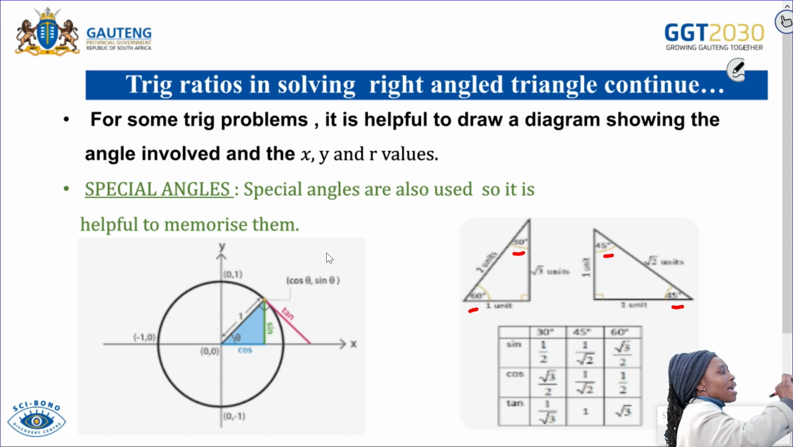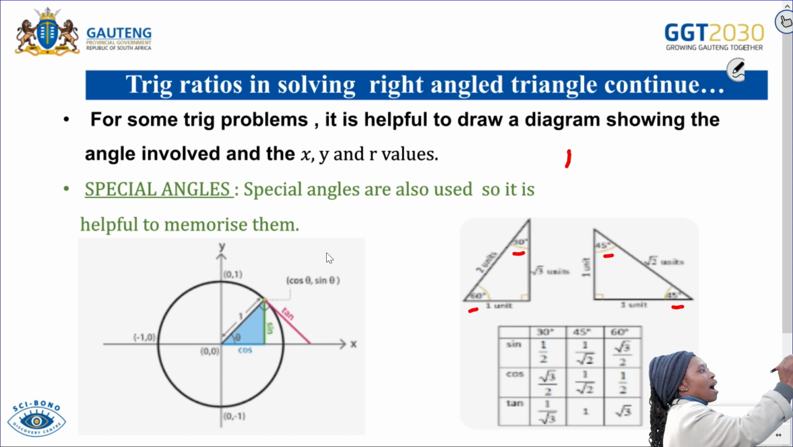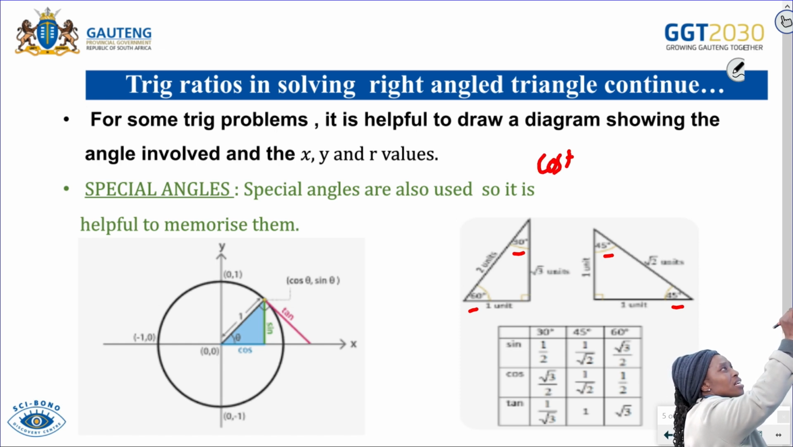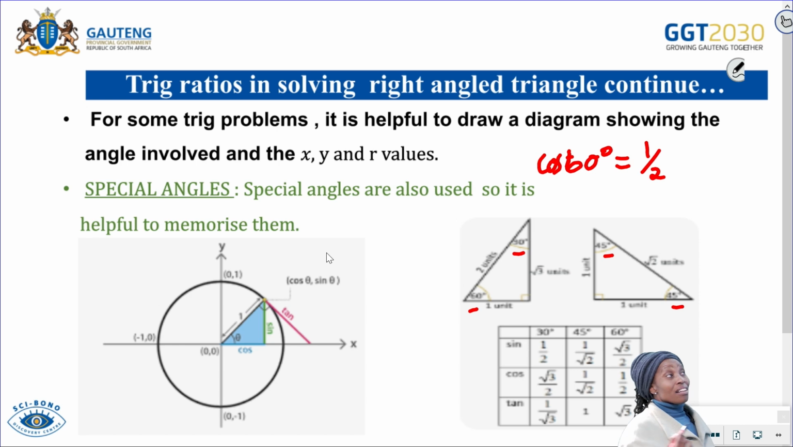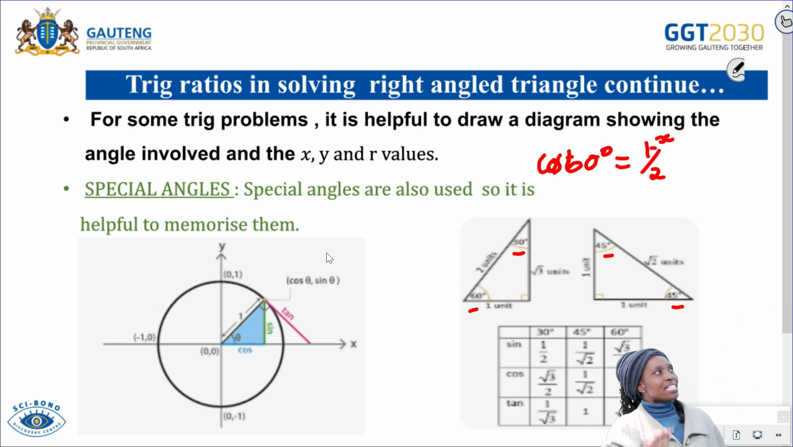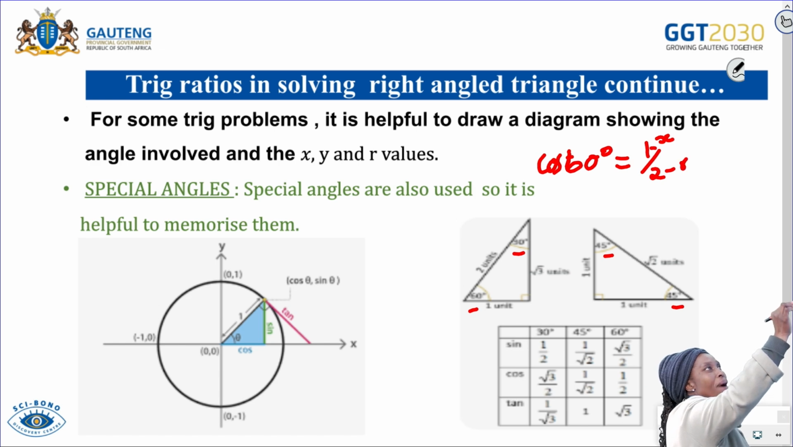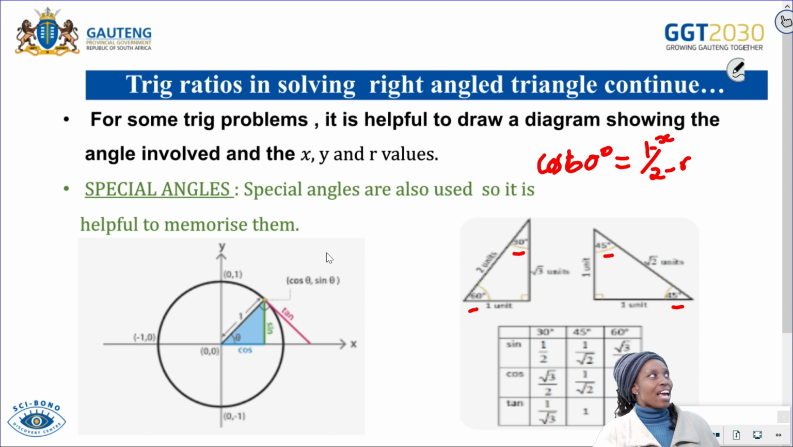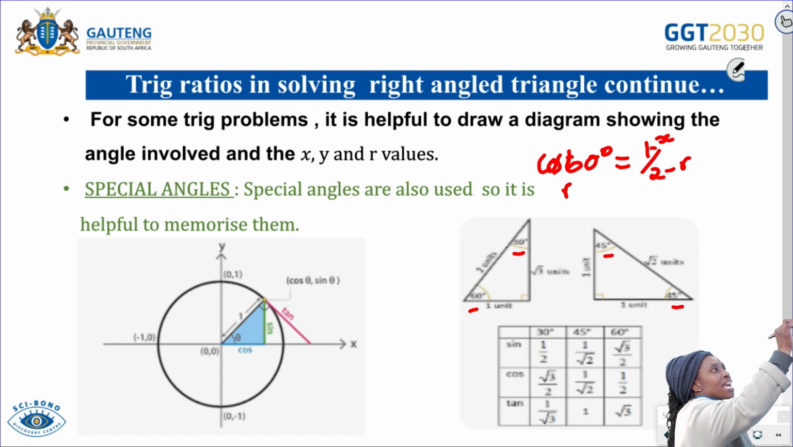Let's say you were having cos 60, which is 1 unit over 2, that is our hypotenuse. They say cos 60 degrees is equal to 1 over 2. You can tell here that I know my x, because I know that cos is x over r. I know my x and I know my r. There is a side that I don't know, and I must use my theorem of Pythagoras to work out the 3rd side. The theorem of Pythagoras states that r squared